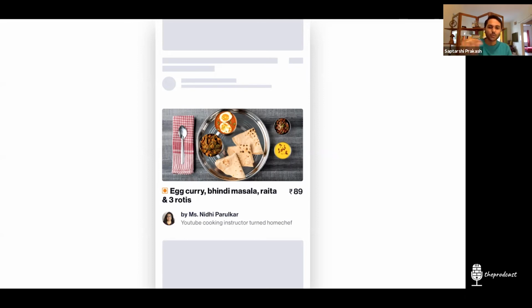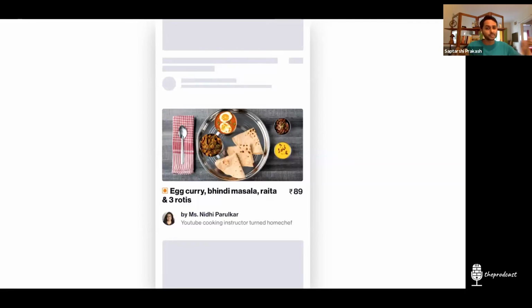And also, we went a step ahead, which is not on the listing, of course. When you tap on this, you would also get to see the profile of the person. So there's a story behind how this person is cooking, pictures of the kitchen, what inspires him or her to cook, and what their motto in life is and stuff like that. So that is also something we have done, because it is not just food.